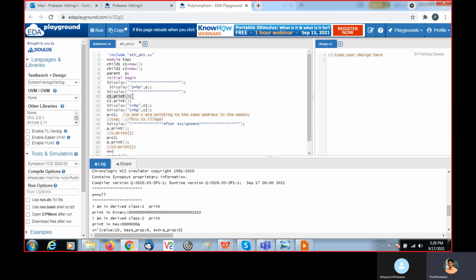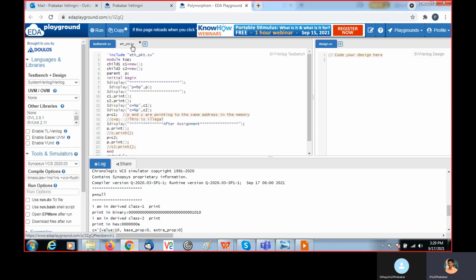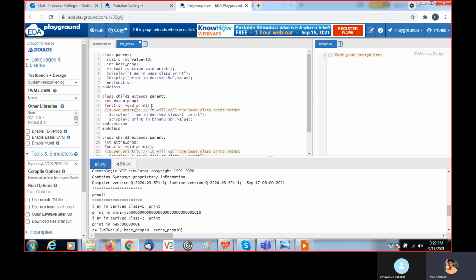Then I'm printing C1.print. That means C1 is the handle of child 1. Inside we have a print method. I'm calling this print method. So I will get this print. I am in derived class 1 print, and it is printed in binary format. 10 is the value, right?